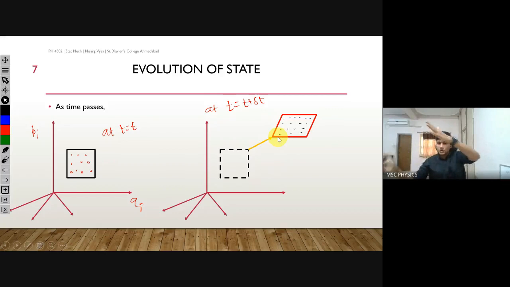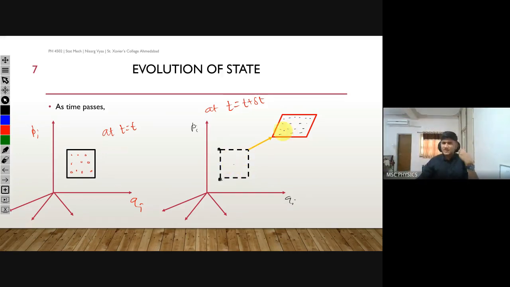because all the points will not have equal velocity. These guys have more velocity compared to these, because here is the momentum, here is the generalized coordinate. For the same generalized coordinate, these guys have more momentum than those, so these will travel a little farther, and those a little slower. Just focus on my drawings: as time passes, all of these points which were inside this region will move to new positions and transform themselves into a new shape, because their representations are moving.